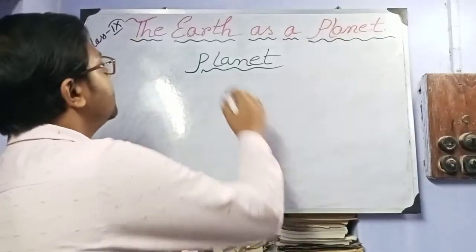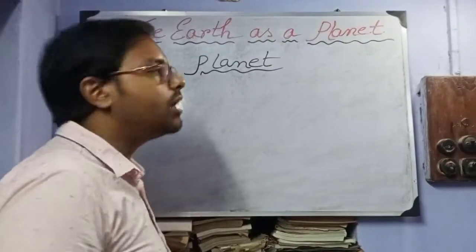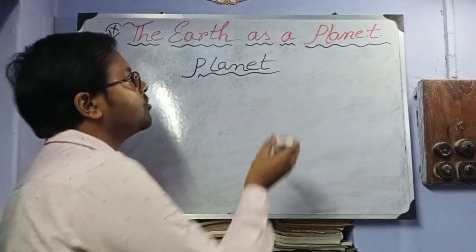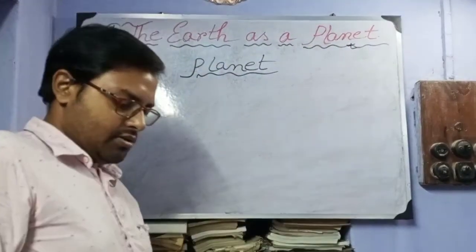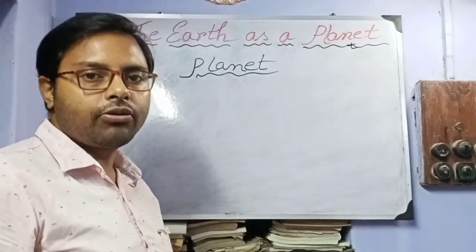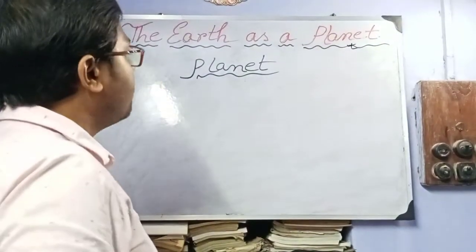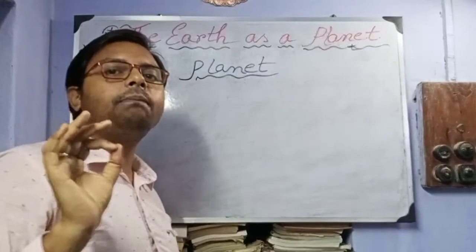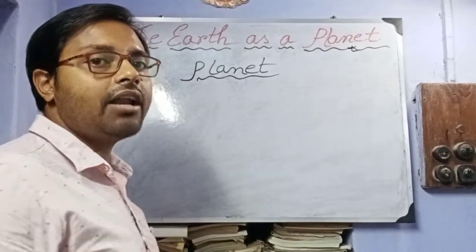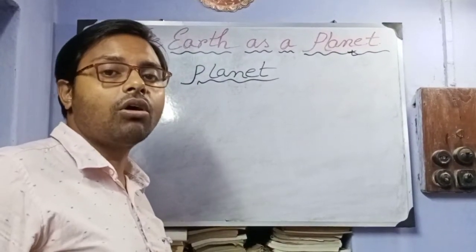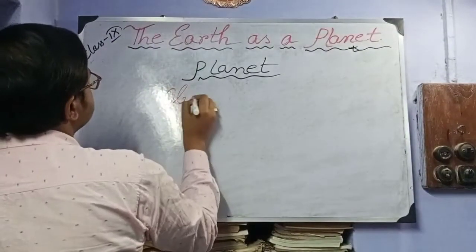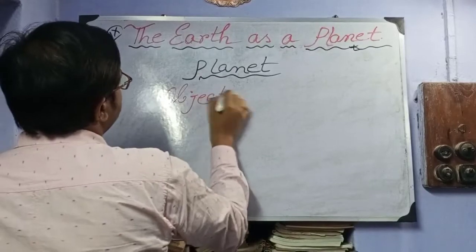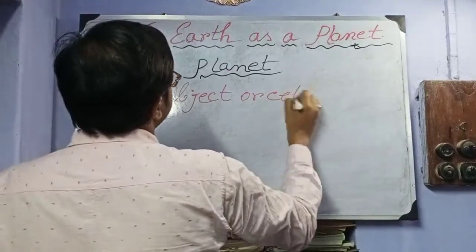Okay, first one is, as our chapter name is the Earth as a planet, we have to focus on it. What is a planet? From childhood you have also read about it, but still, what is a planet? If you want to define a planet, it is an object or celestial body